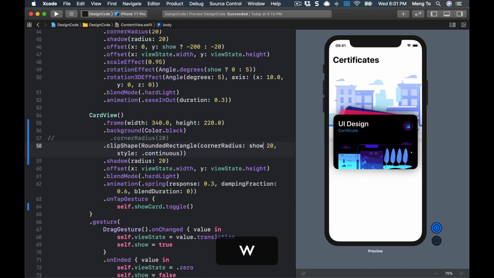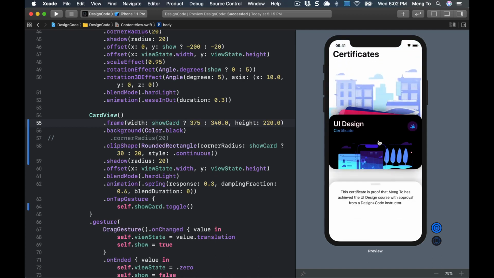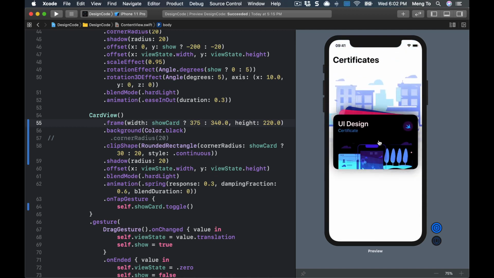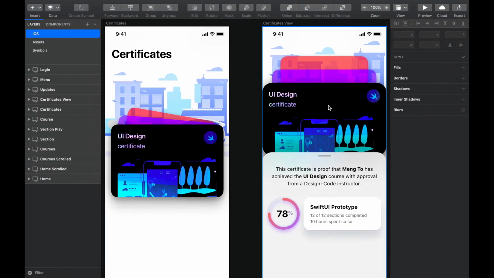So we're gonna set showCard ?. If true, set to 30, else to 20. For the frame, I'm going to change by typing showCard ? 375, else 340. Let's give it a try. So now you can see that it's expanding the size. All I need to do is to move it a little bit up so that I have exactly like in